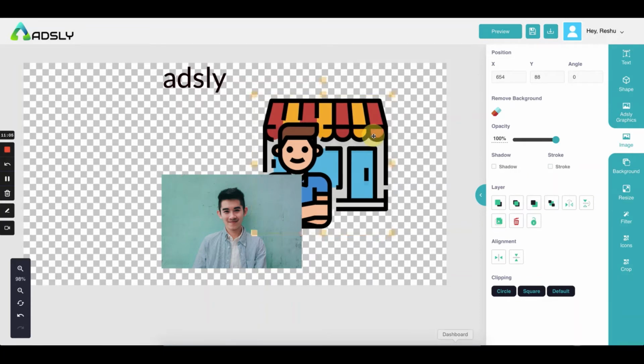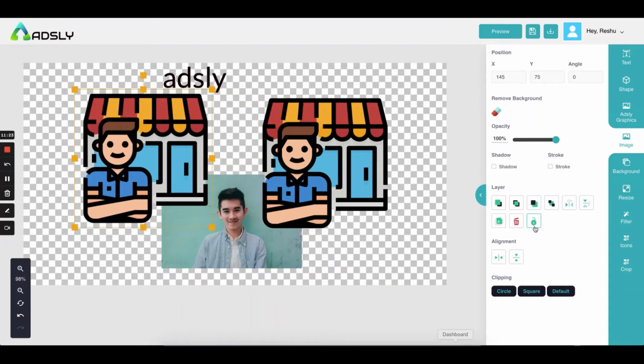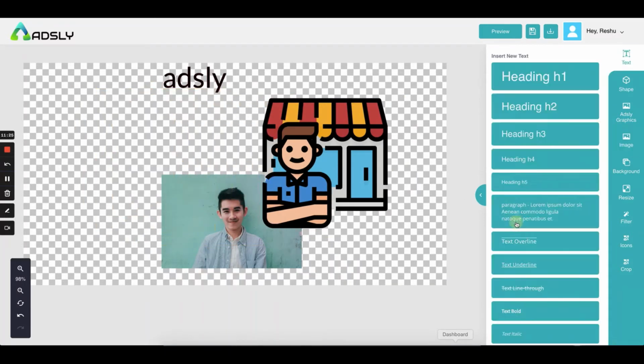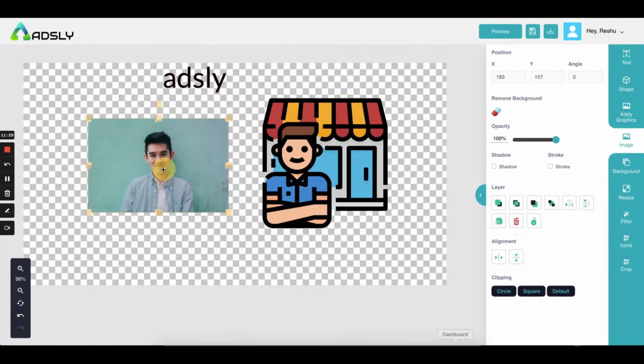So this will be the last of all the layers. Right now, let's keep it in front. Other options are similar to text: reverse alignment, rotation, delete, copy, and locking the image.